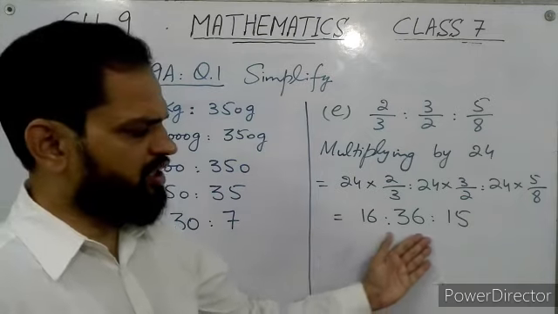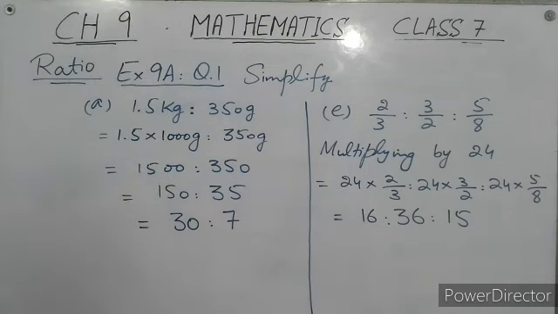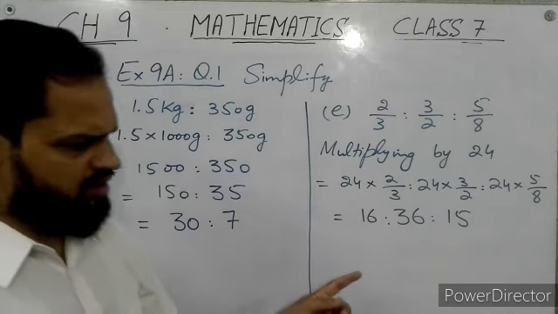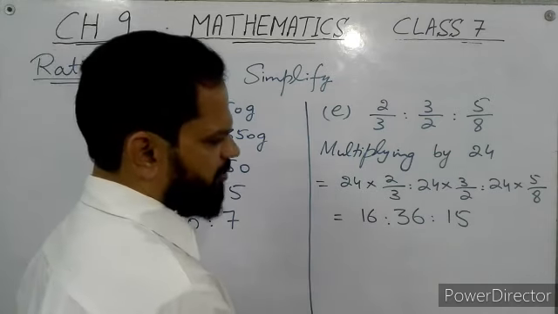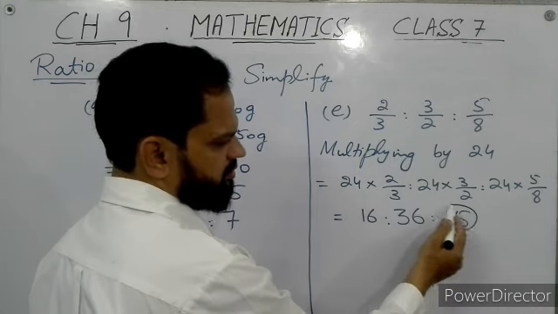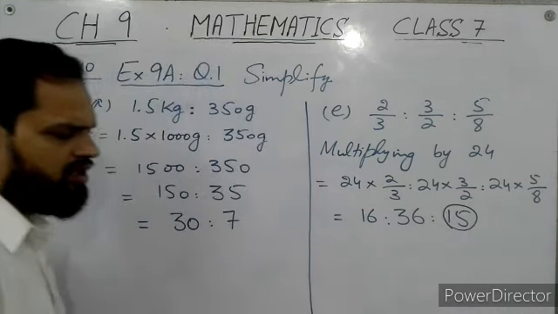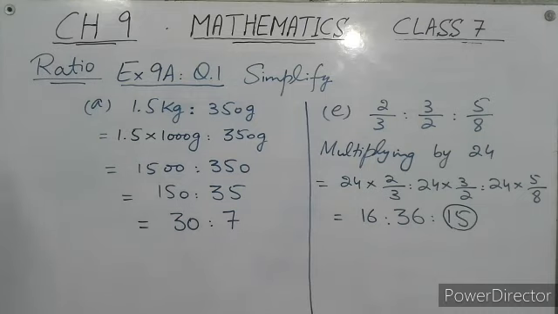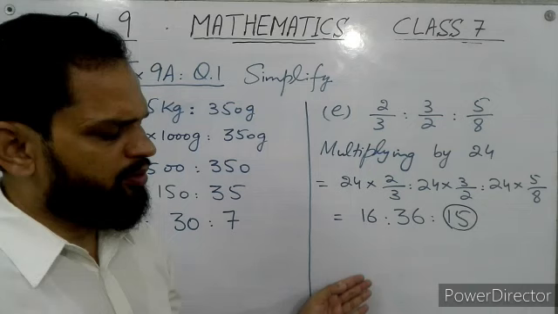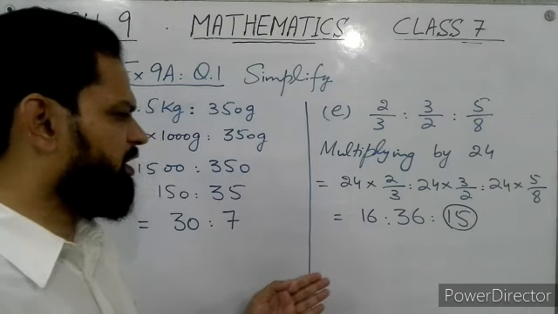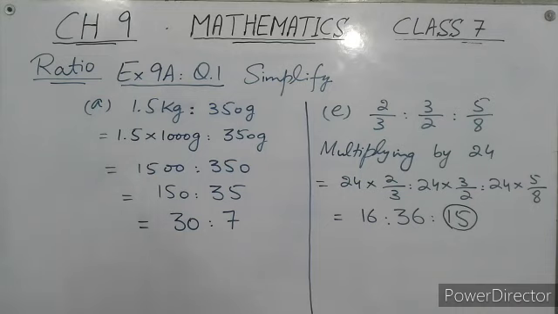So you will check the division by the smallest prime number, which is 2. All the terms are not divisible by 2. 16, 36, 50 are not divisible by 3. Then by the next prime number 5. All the terms are not divisible by 5. You will check the division by the prime numbers up to 15, because 15 is the smallest term of the ratio. So all the terms are not divisible by 2, 3, 5, 7, 11, 13. So this is the simplest form of the given ratio.